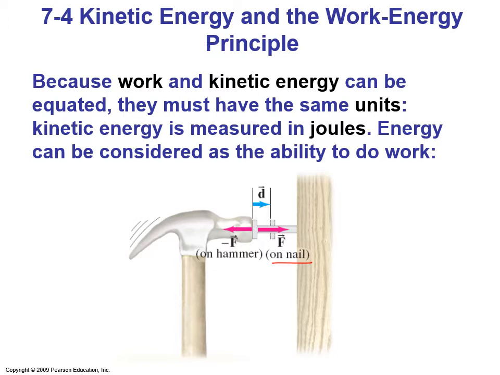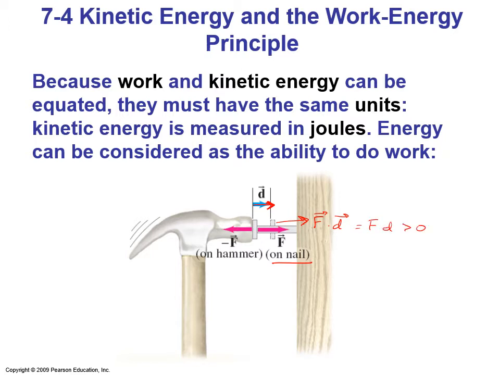So the work done on the nail by the hammer here is going to be positive, and the net work done on the hammer by the nail will be negative. The displacement of both of them was in the same direction. They were both displaced in this direction while they were striking one another. F dot D: since the force was this way on the nail, F and D are along one another. So this is going to be the force times the displacement,